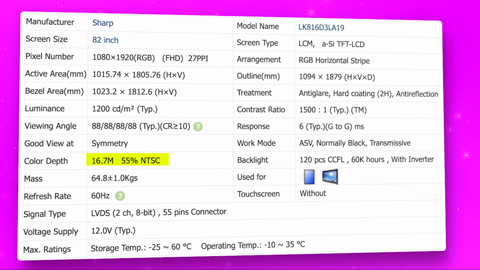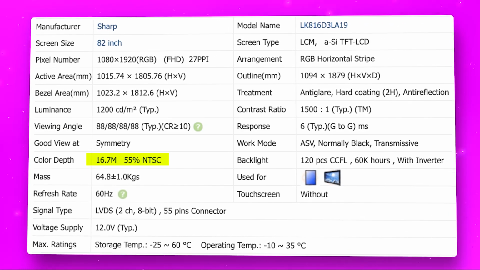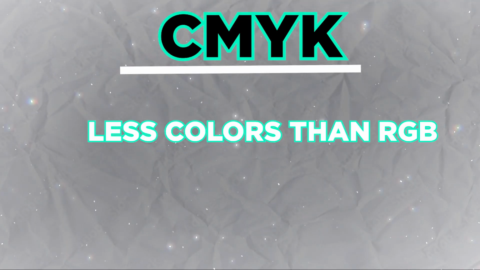I will also recall that when you are buying a display item like a mobile, LCD or monitor, and you check its screen specification, it will be written that there are 16 million colors, which means that it has a good display. Now coming on to CMYK, it does not include as many colors as RGB,